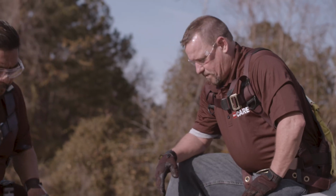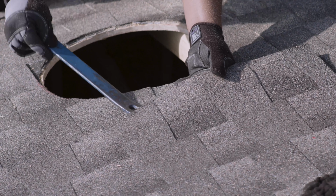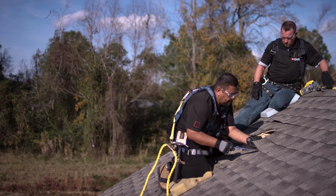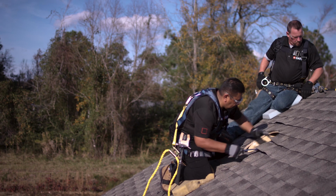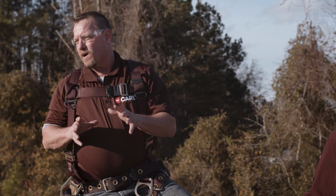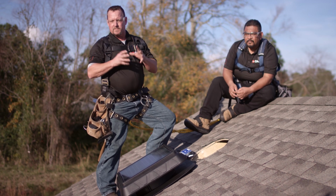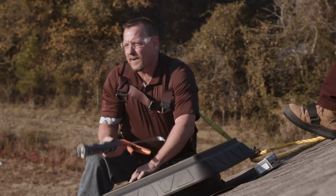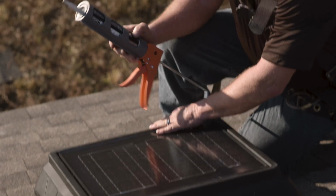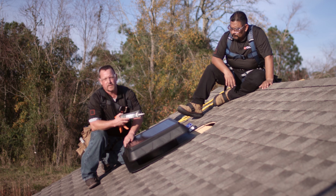Now that we have our decking cut open, we're going to take our pry bar out and find our nails so we can slide our base in. When you're installing these solar power vents, you want to orient them in the direction that you would want to orient pretty much any solar unit, to capture as much sun as possible. Prior to installing this MasterFlow solar power vent, you can seal the bottom for more resistance against wind, rain, snow and ice. Now that we've got our hole prepared, we're going to slide the unit up into place,